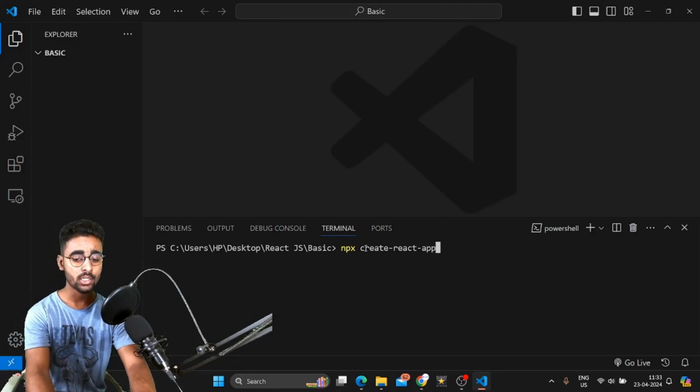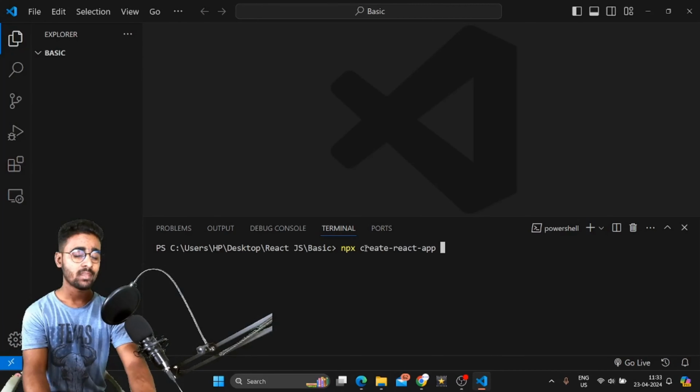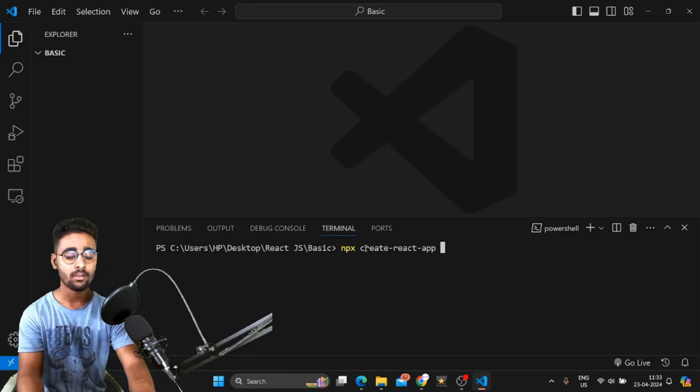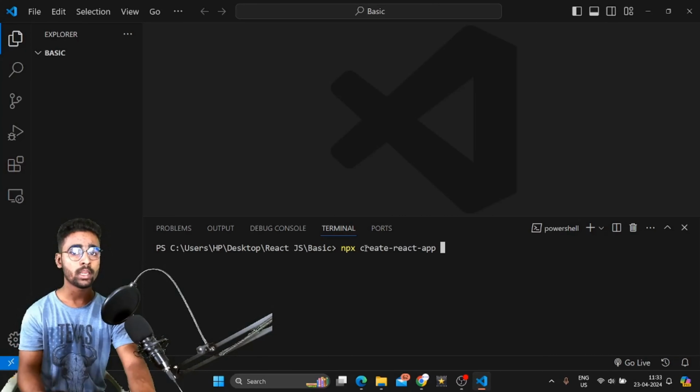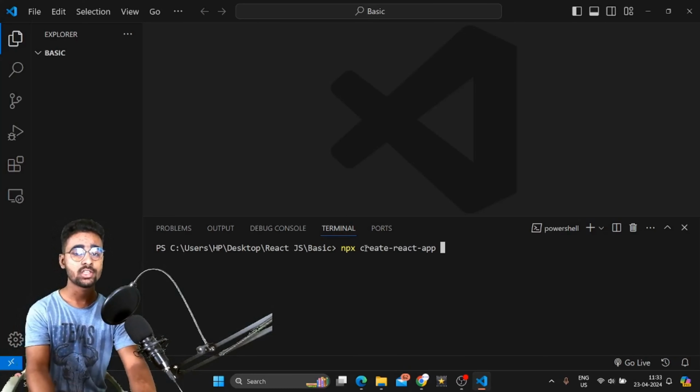Instead of my project, you can give any name you like, but make sure the naming convention is lowercase, not uppercase, because uppercase is not allowed in React.js or JavaScript. So simply I will type first-project,